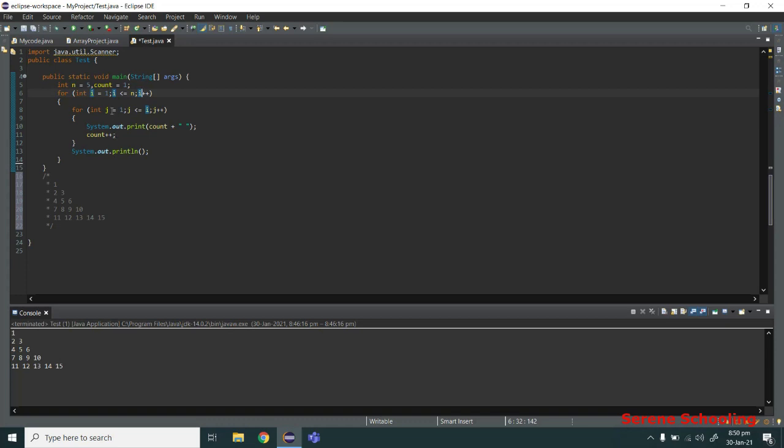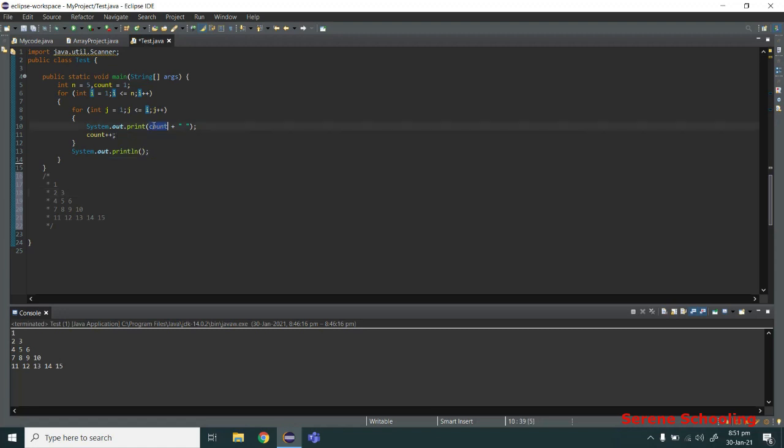In the next loop, we know our numbers will go up to i. The amount of numbers depends upon the value of i. For the first iteration, we only need to print one number, so we are basing it on the value of i. Similarly, for the next row, we need to print only two numbers. So our inner loop will go from j equal to 1 to j equal to i, whatever the value of i is.